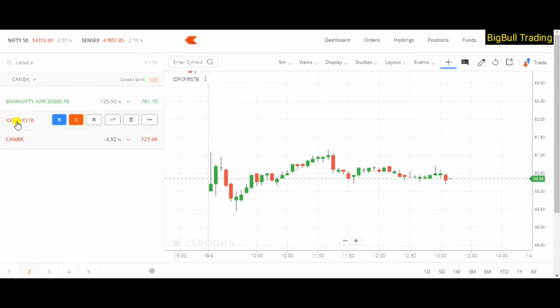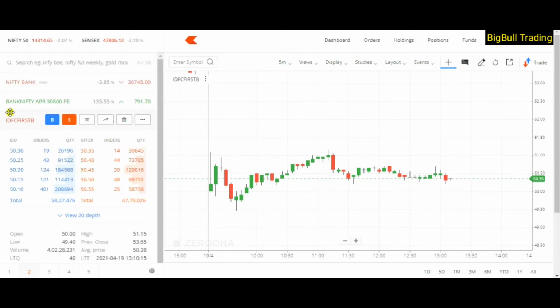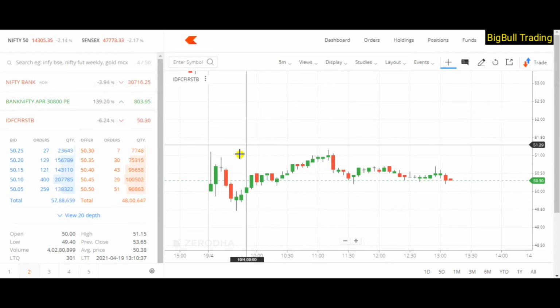Once you put the mouse on it, the first option is for buy, the second is for sell, the third is for the chart, and the fourth is the market depth. Here you can see at what price you have to buy and the number of orders pending. You can see there are orders of 31,694 at this price. You can see the number of buyers and sellers here. Presently in the market, the buyers are more compared to the sellers. This is the list, and this is the chart. Now I will show you how to buy.